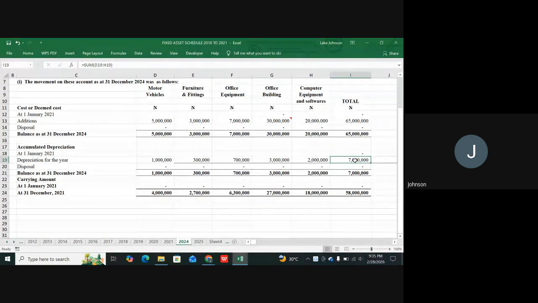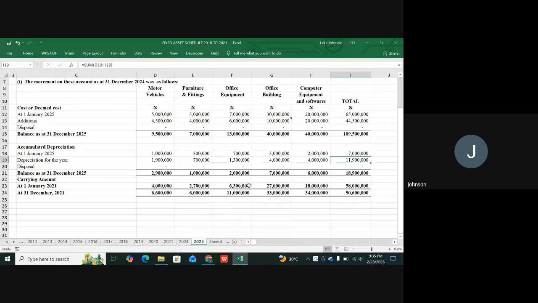Why is it going to balance? Because for any debit entry, there should be a corresponding entry. When we are having this 65 million, what did we do? We debit our asset account, we credit bank, the legs balance. When we now came to depreciate, we debit our depreciation expense account by 7,000, we credit accumulated depreciation account by 7,000. So when you come to 2025 now, in 2025, you are going to say the charge for the year is actually